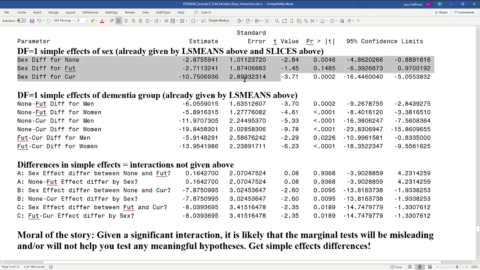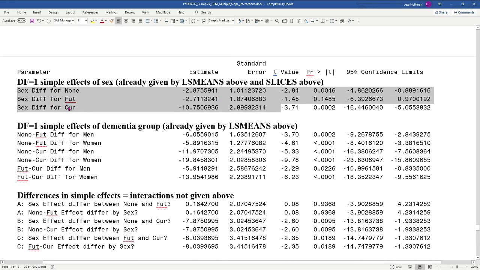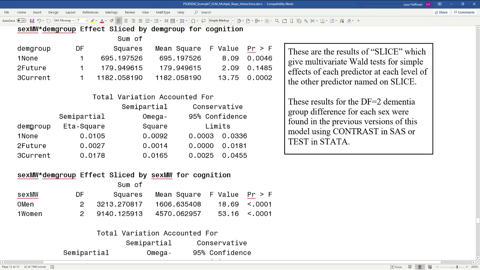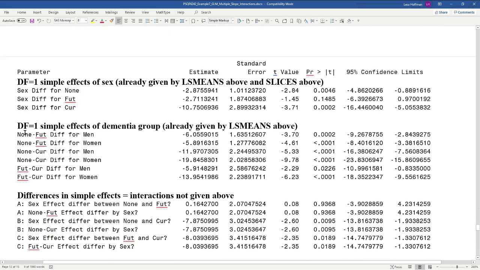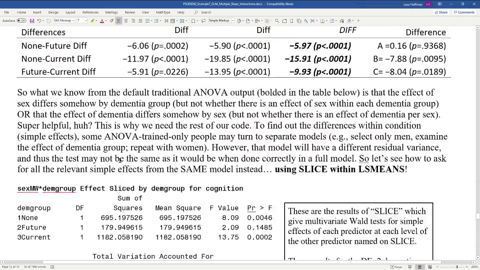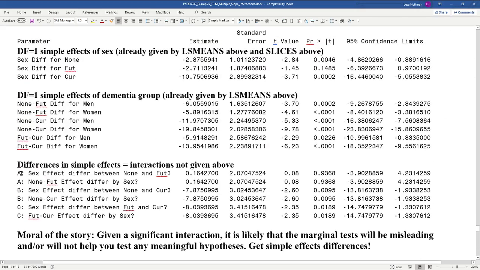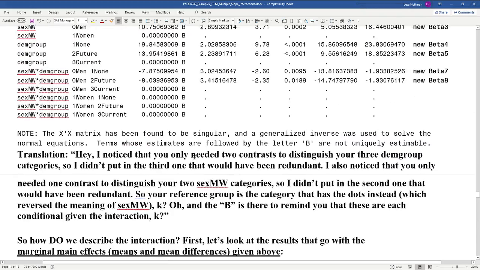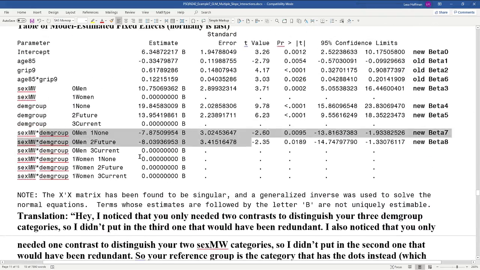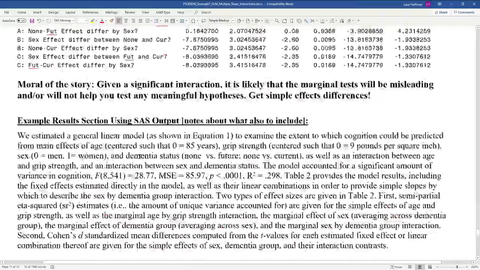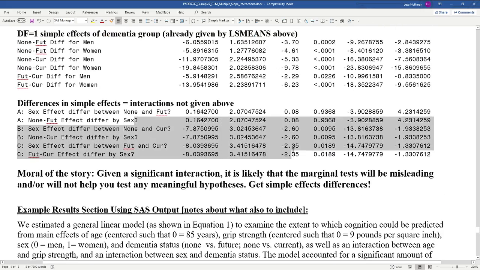So estimate statements then, to reiterate, this is redundant with what we already got before for the sex differences within each group. That was already given to us right here. Then we have the pairwise differences, and those are buried in this giant table, if you take the time to suss them out. And last but not least, the interaction contrasts, which were not given in their full entirety above. Only two of them were given as part of the solution for fixed effects, which would have been right here, and this table is typically ignored in interpreting ANOVA output. So all the interaction contrasts that I have requested are given here with the same numbers that we've seen several times. So the moral of the story,